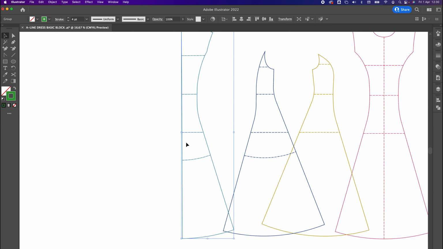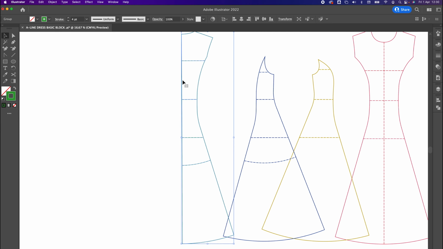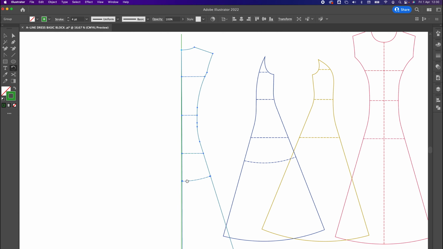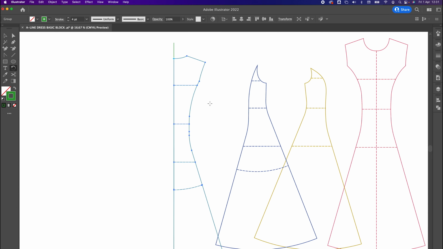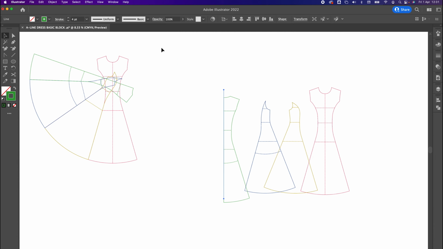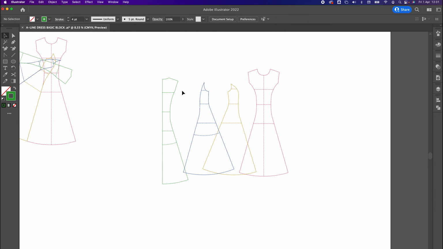What you can see here is, look, I haven't got that quite perfect. That center back is not aligned beautifully. So what we can do is get our line tool. I can click and drag, holding down my shift key to lock it to the vertical. You can see that pattern's not aligned. Then I get my big selection tool and click on this pattern here. I can then go to my rotation tool, click on that point, and swing it into perfect position. Let's get my big selection tool, select that line and hit backspace on your keyboard. So now we have our patterns all beautifully